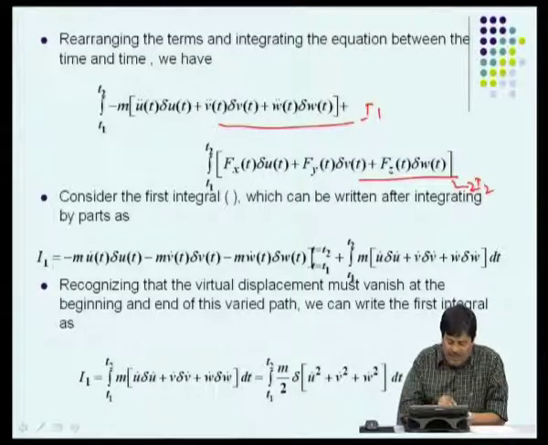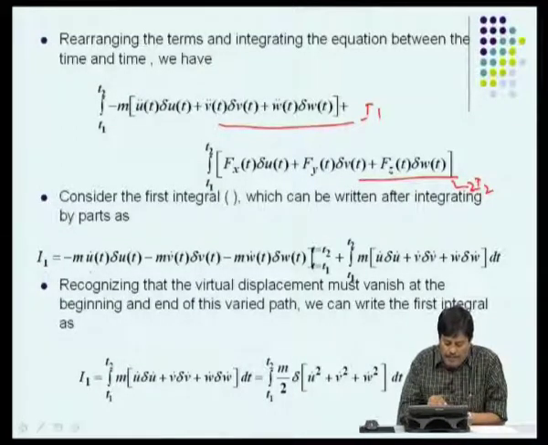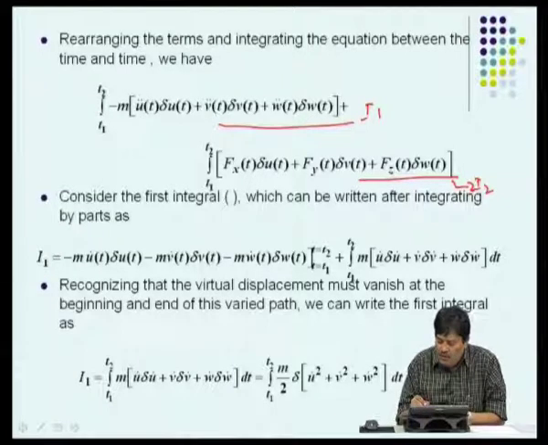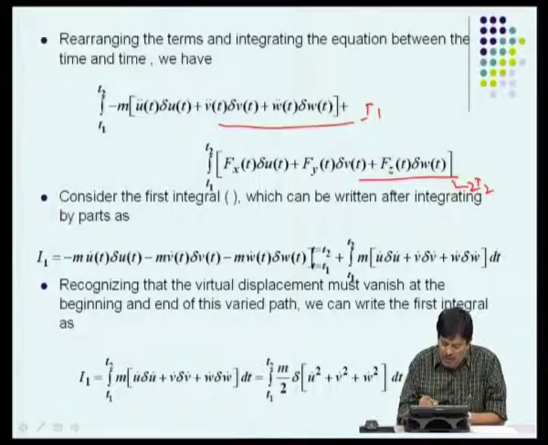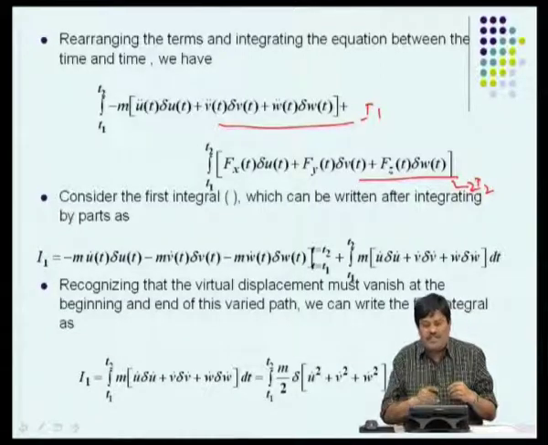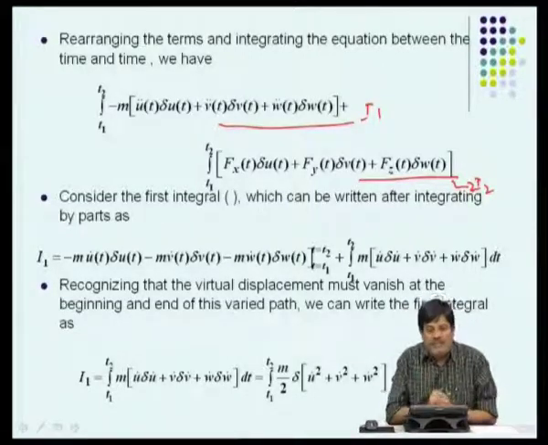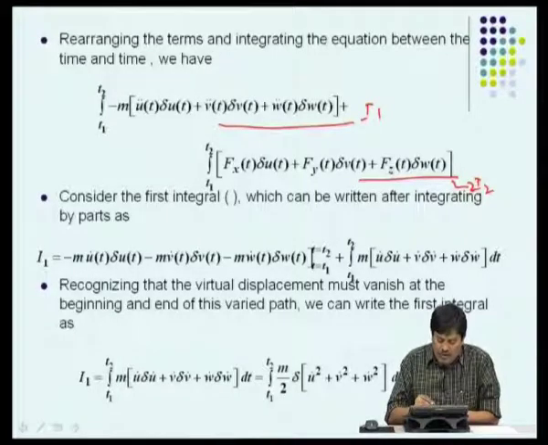So, when we do that, the I1 will basically become the first function into the integral of the second function, which is u dot, like that for 3, and you have u dot and u double dot, by integrating by parts. And if you look at it, delta W at each of these points T1 and T2 should go to 0, otherwise the existence of the conservation loss is not valid. So, this goes to 0 here. So, this is left by this. So, only this portion is left.